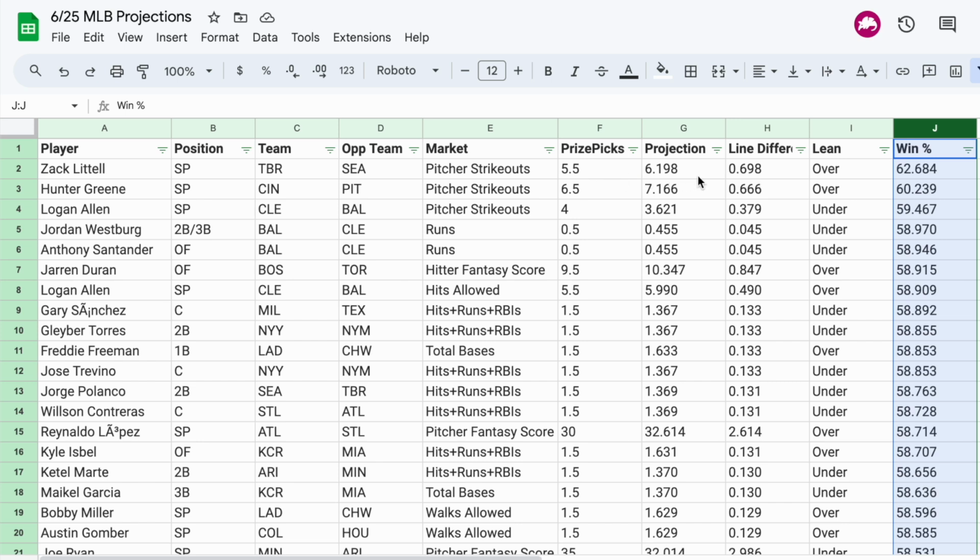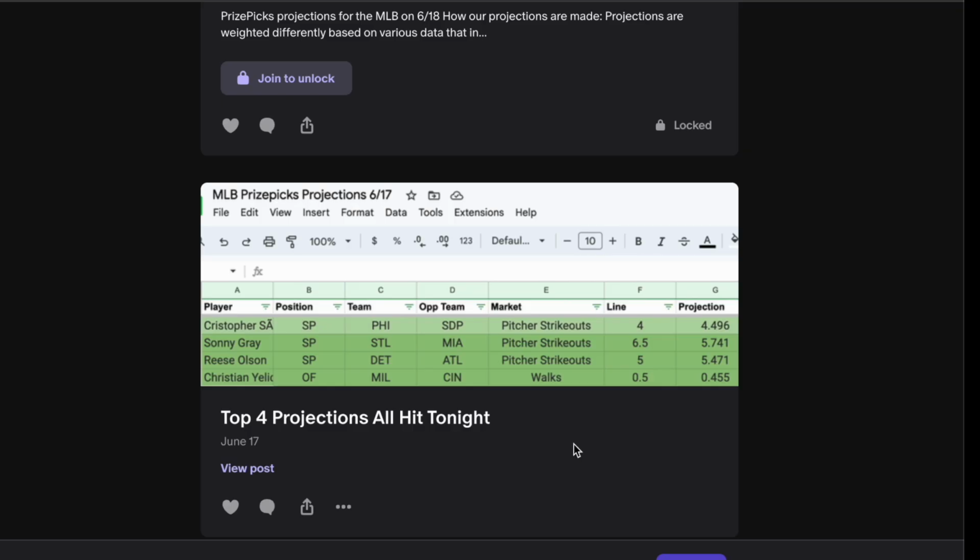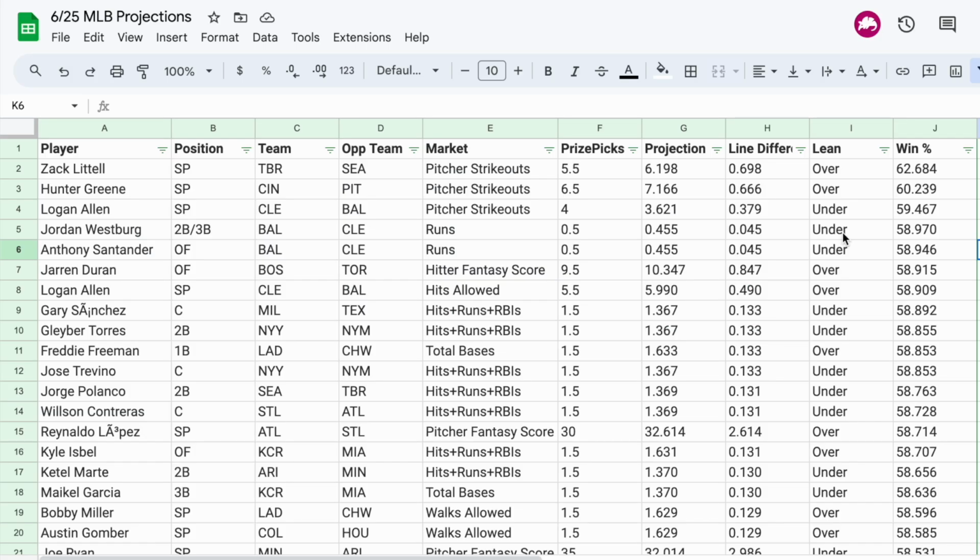So I found that these projections are fairly good, especially the ones at the top with the higher win percentages. They do sometimes post in the Patreon as well how many of their top projections are actually hitting. If we come back over to the Patreon, you can see their top 4 all hit on this night. But what I really like about Prop Projections is if you don't trust their projections,